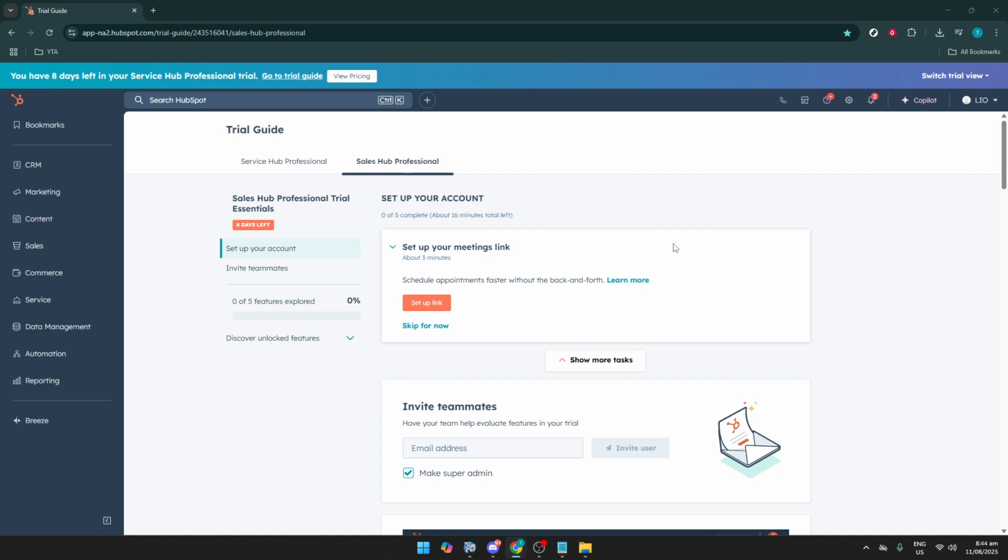First, let's get started by navigating to the HubSpot platform. You want to start by accessing the trial guide. This is your go-to place for everything you'll need to explore within HubSpot as you proceed through your trial period. Think of this as your gateway into deeper functionality within your HubSpot environment. Once you're in the beta trial guide, look for